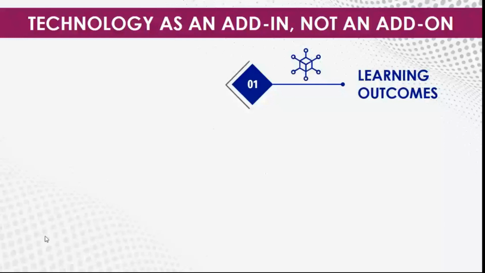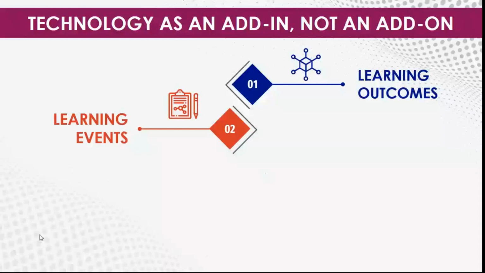And then thirdly, we identify the technology. Then I ask myself, what technology can I use to enhance the learning event? So it is best to follow this 3-step approach, but if you don't, let's say you find this awesome technology